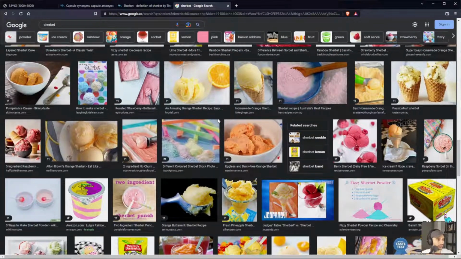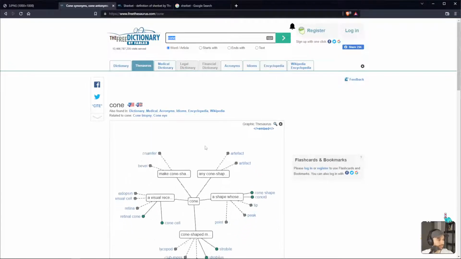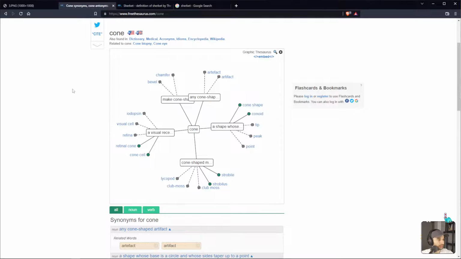So is there another word for cone? I have no idea what some of these words are. A dictionary, it's a wild thing. Sushi in a cone. I would probably eat that, actually. I would totally eat that. You want sushi? I always want sushi. That's not really a question.